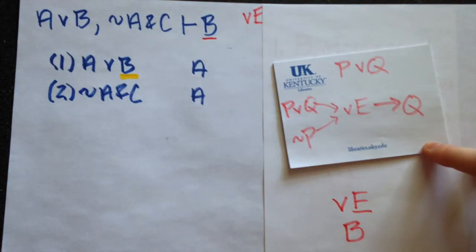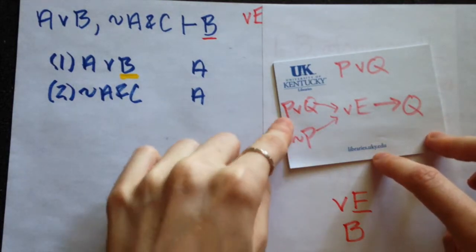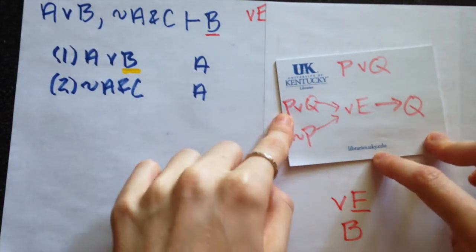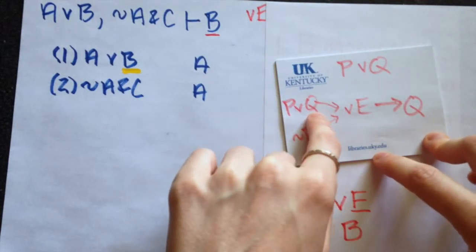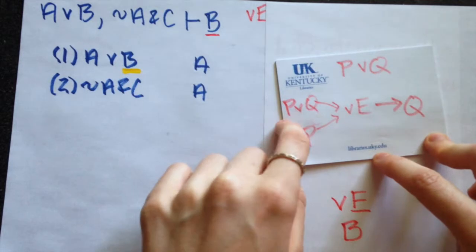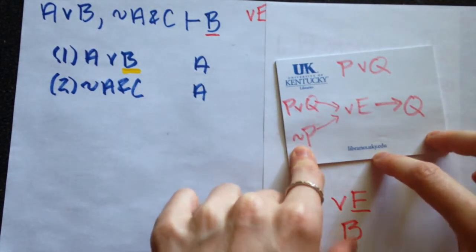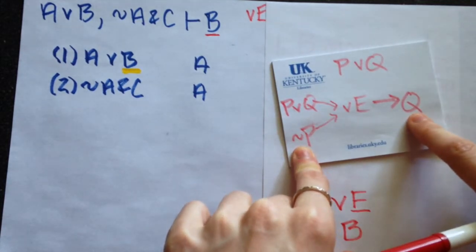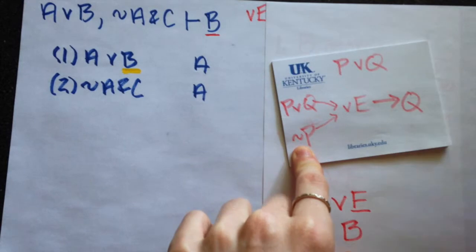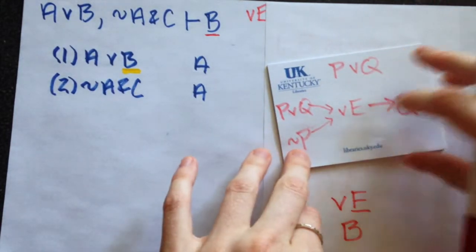You can think of this, for example, as the argument: either Polly likes apples or Queenie likes pears. Polly doesn't like apples, therefore Queenie does like pears. Okay, so that's just a quick example. I think a lot of times it's helpful to try and translate this stuff into